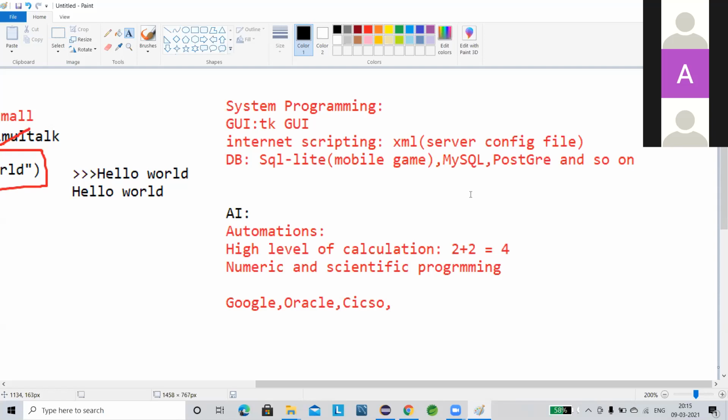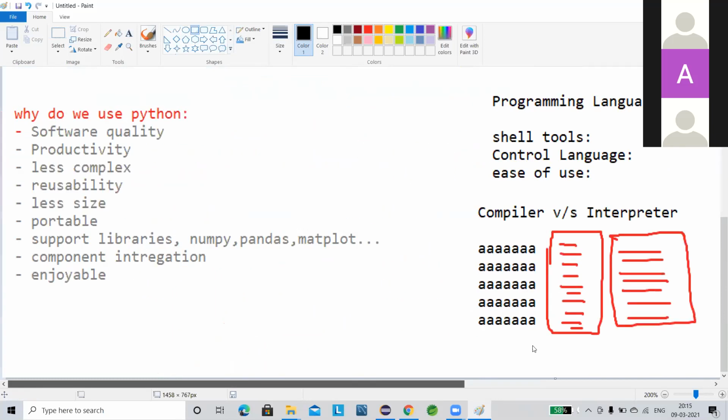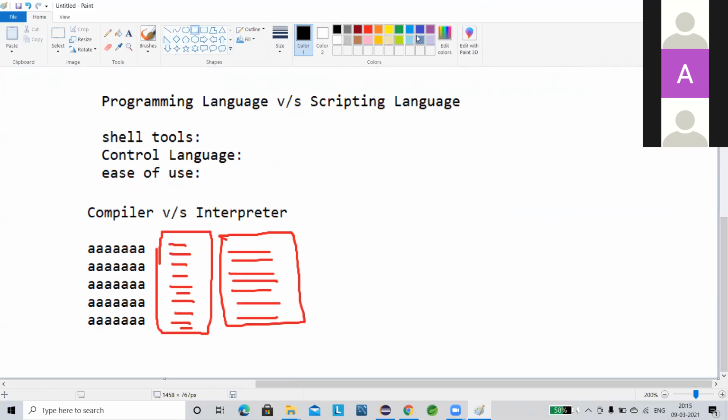Okay, all right. Now how does Python portability come about? I will not go deep, because you have already seen this in C and in the Java programming languages. So let me just cover it briefly.